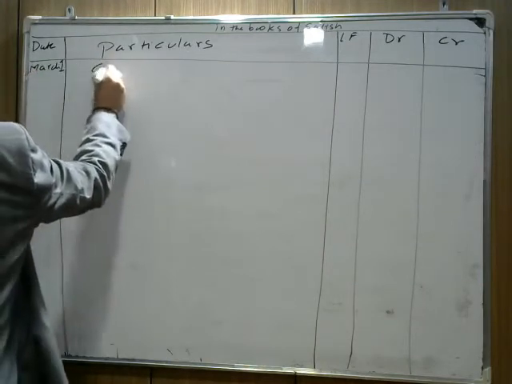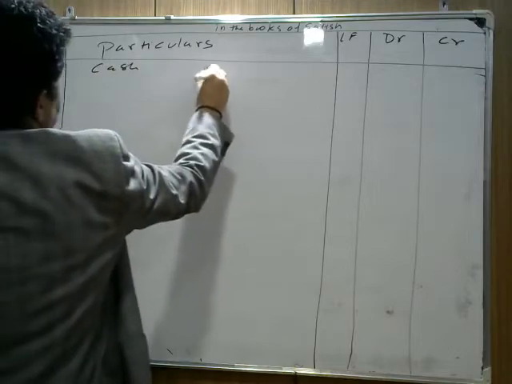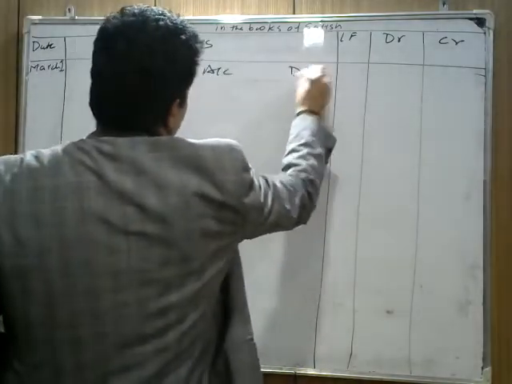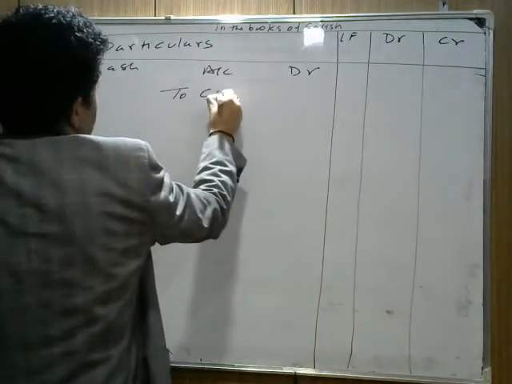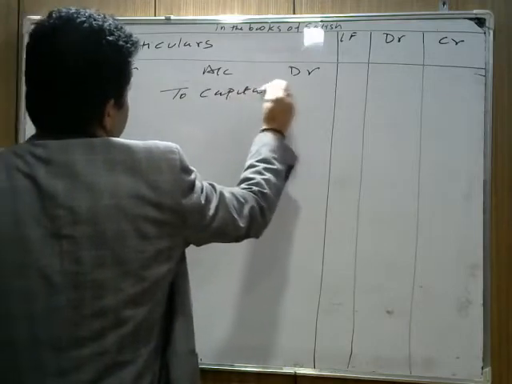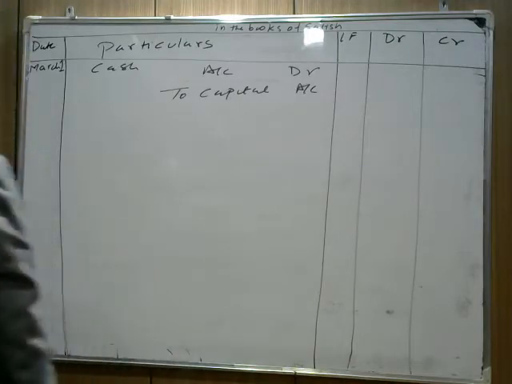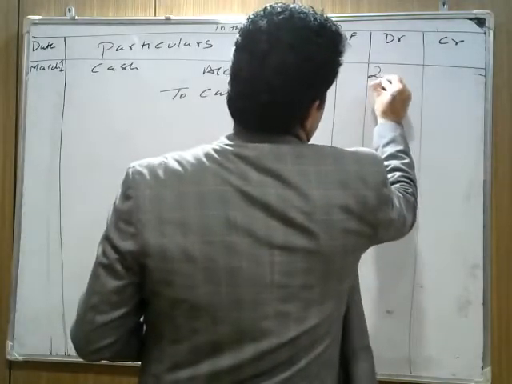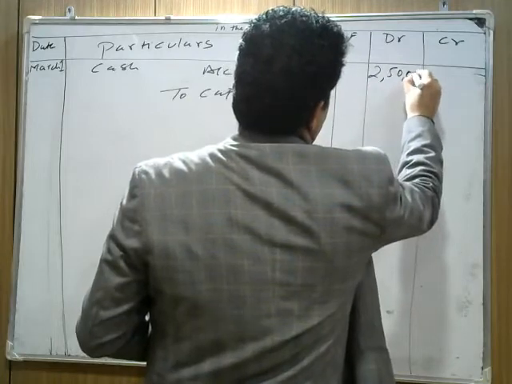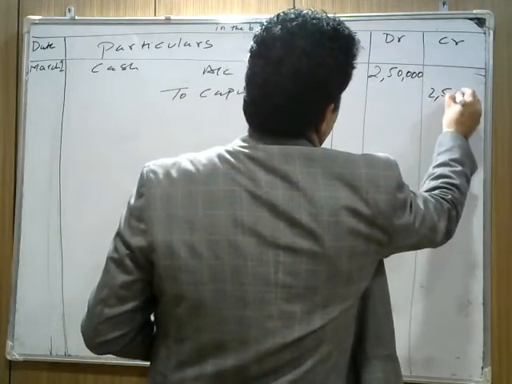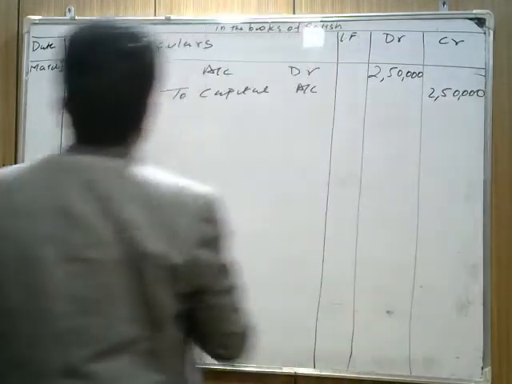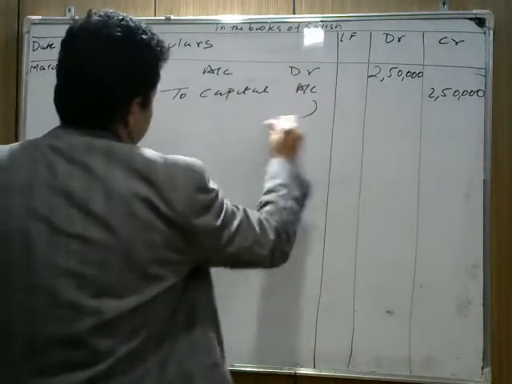First, we debit the cash account and credit the capital account. All of you know that because our cash is increasing and our capital is increasing. Whenever an asset increases, it will be debited. Whenever capital increases, it will be credited. Satish started business with cash rupees 2,50,000, so we write 2,50,000, and you have to write the narration: being business started in cash.